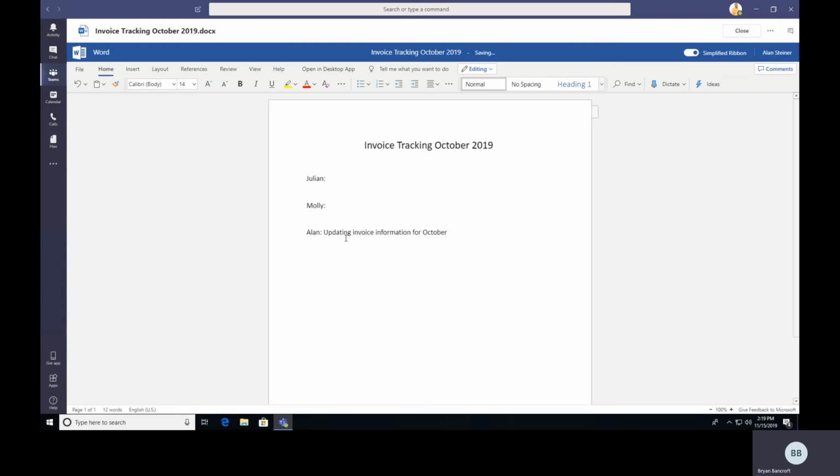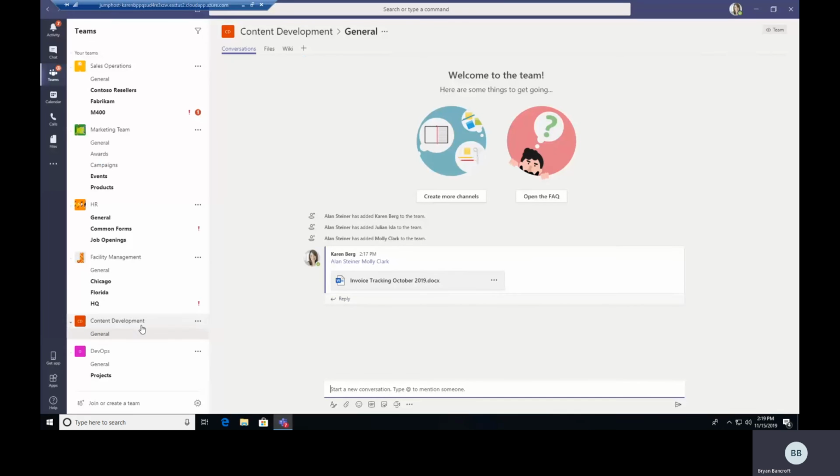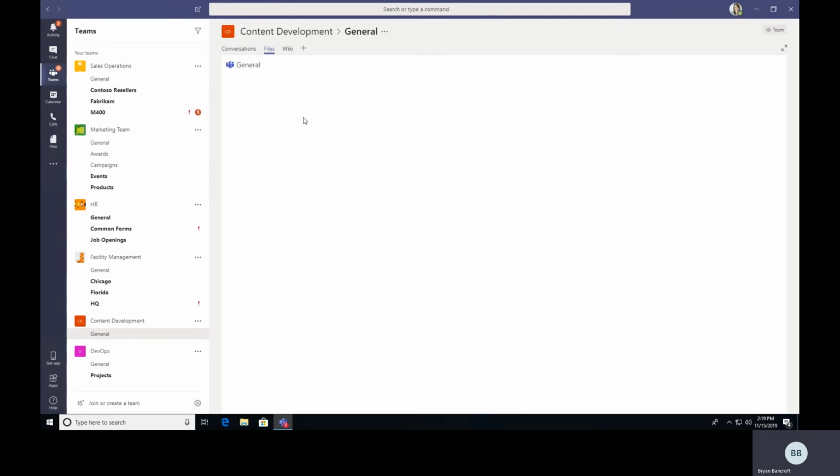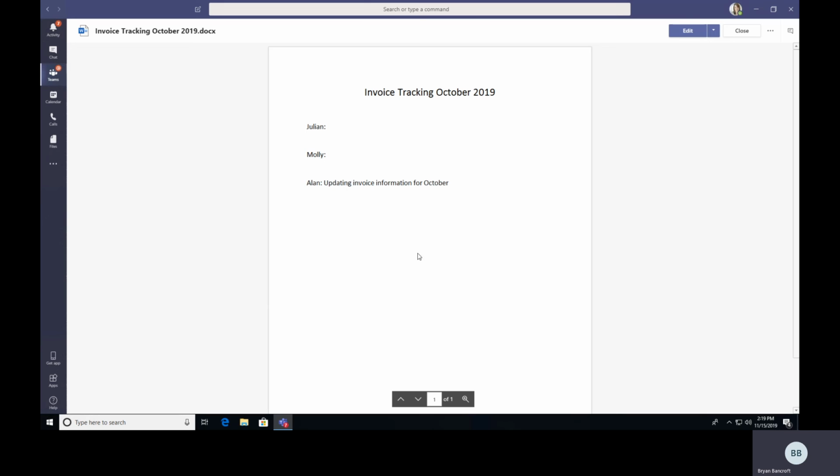There we go. We can just go ahead and let people know. And if we hop back over to Karen's screen, sorry, we can actually take a look if we hop in that file as well. We'll notice that whatever Alan typed in on his end is actually reflected right in Karen's screen here. If we hop in here too,